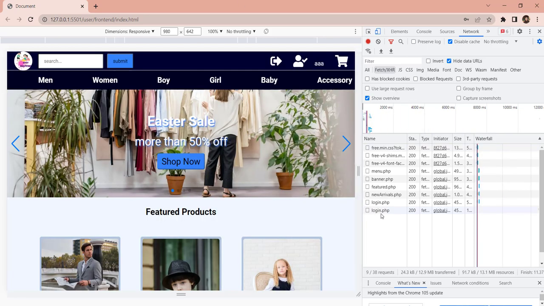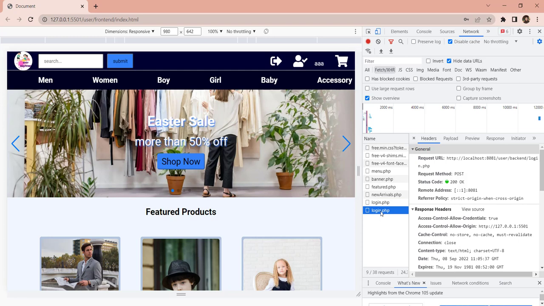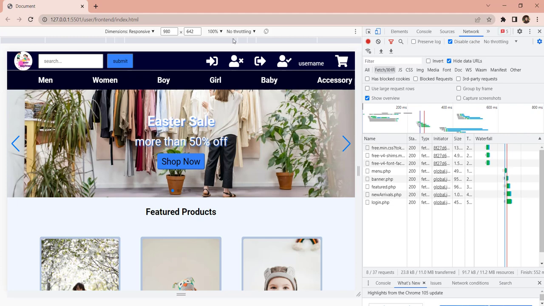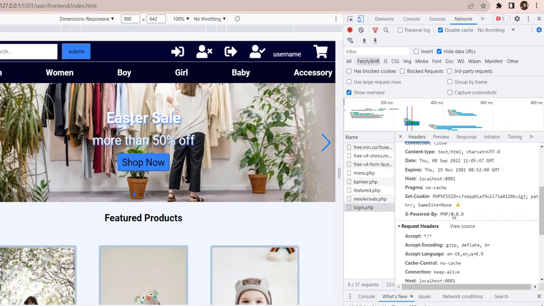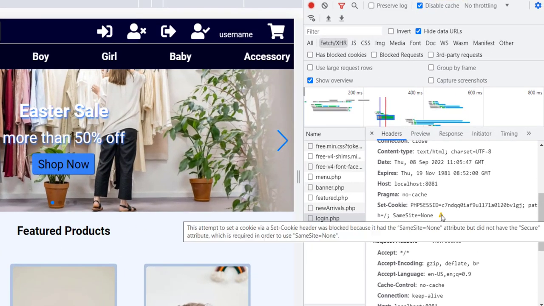Okay, so now let's inspect login.php. Never mind, let's refresh this first. Again, we are getting the same problem. So it says, this time the message is, this attempt to set a cookie via set cookie header was blocked